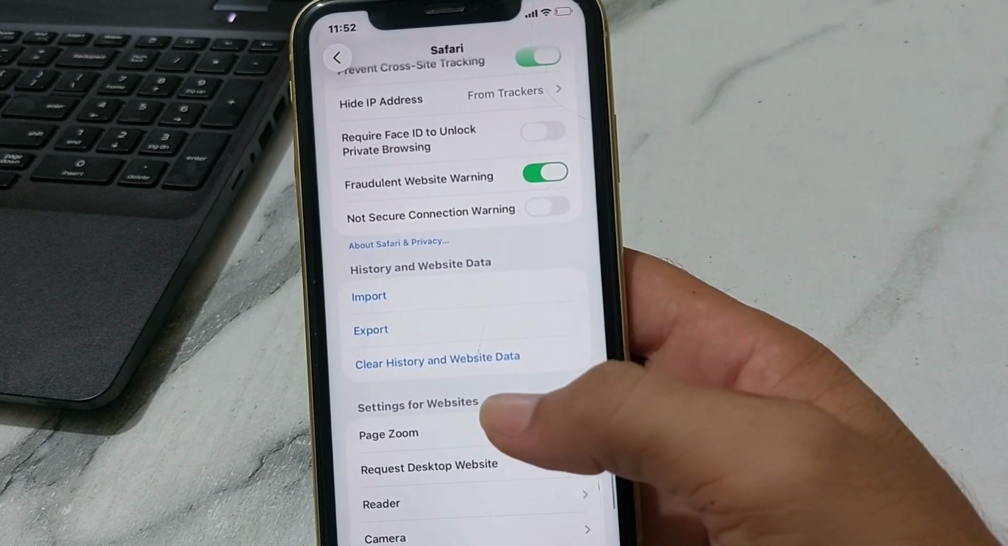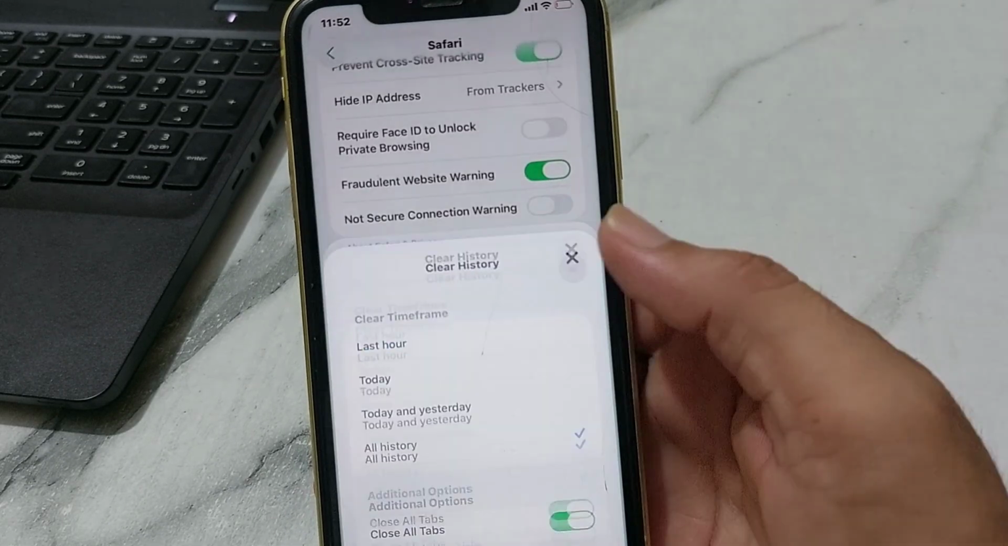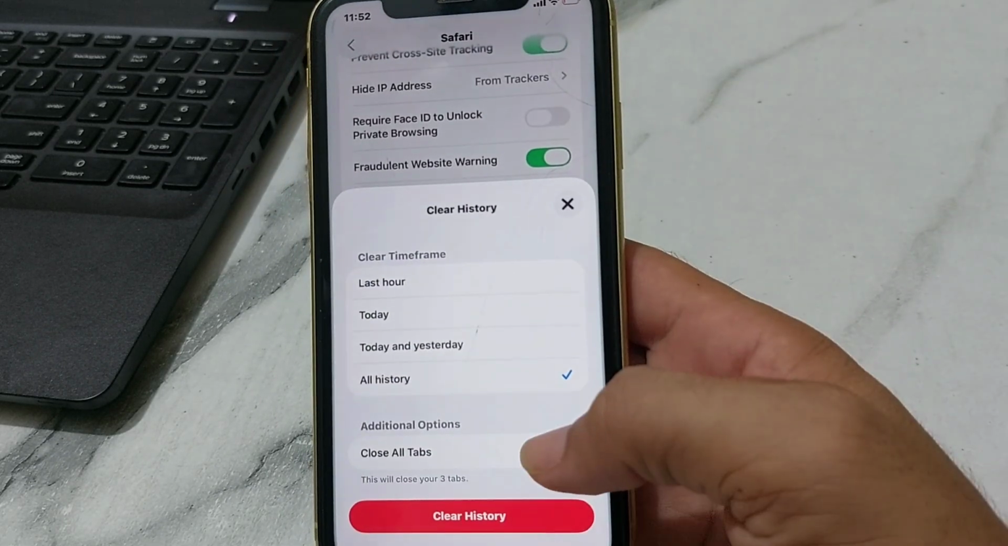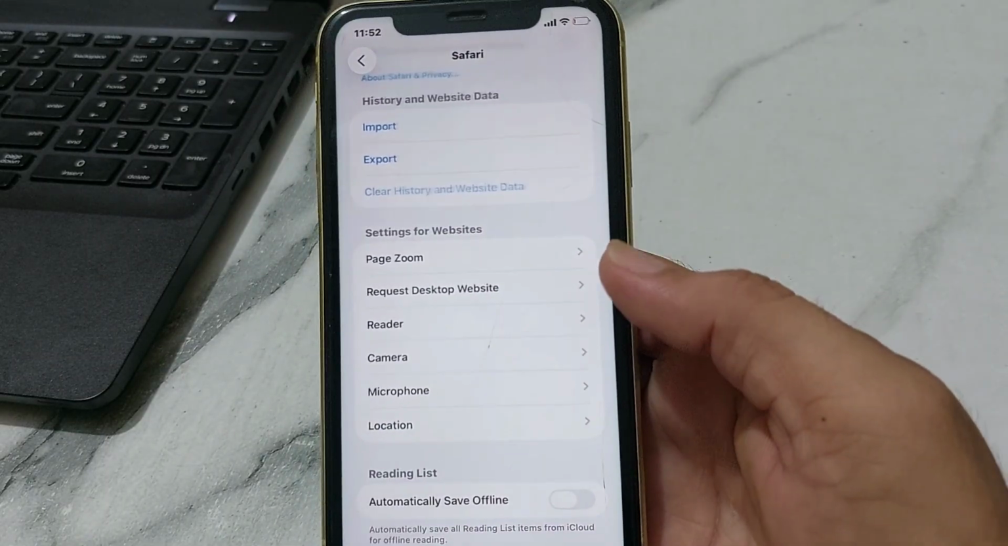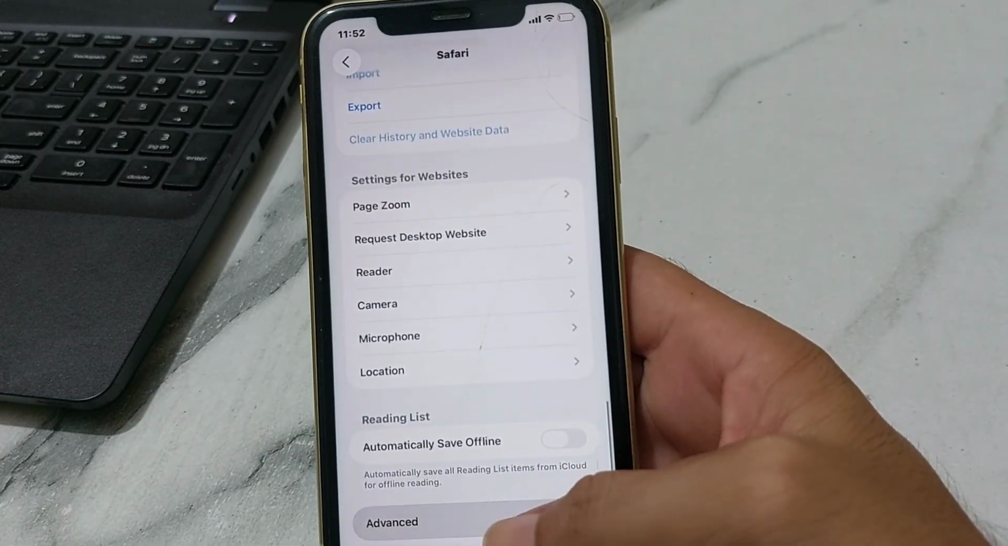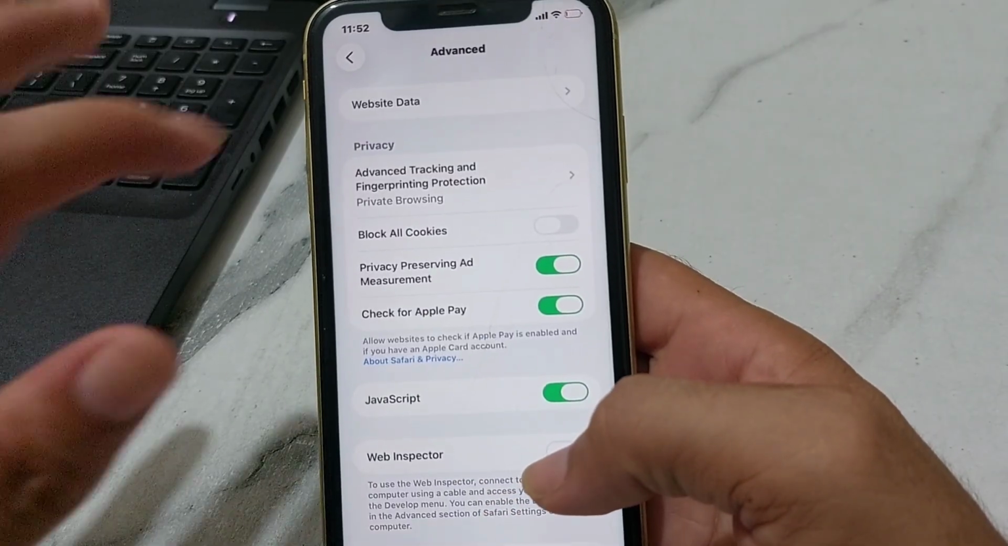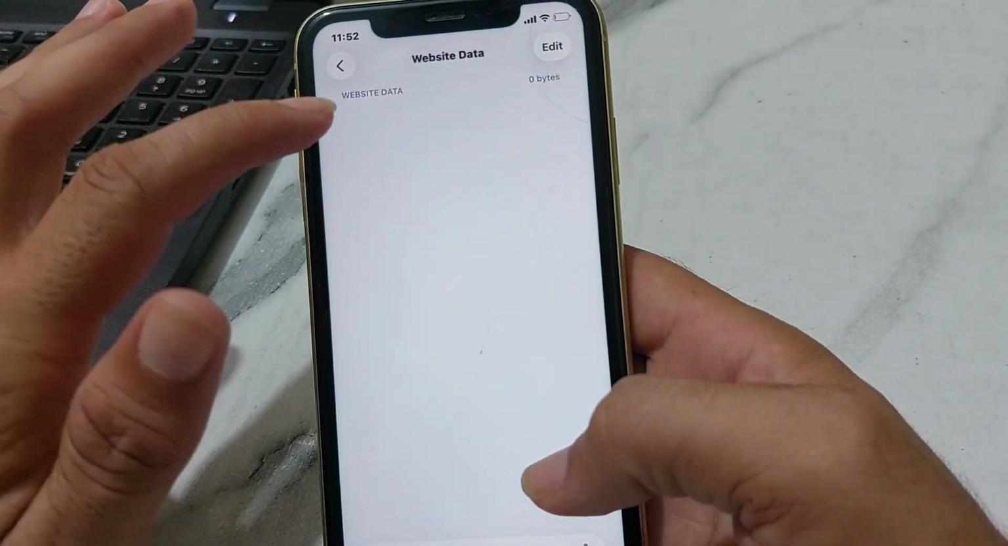So here is the option of Clear History and Website Data. You will need to tap on this. Then after that, turn on this toggle from here. Then tap on Clear History. After that, scroll down, then tap on Advanced. Then here you will need to tap on Website Data, and delete all the available